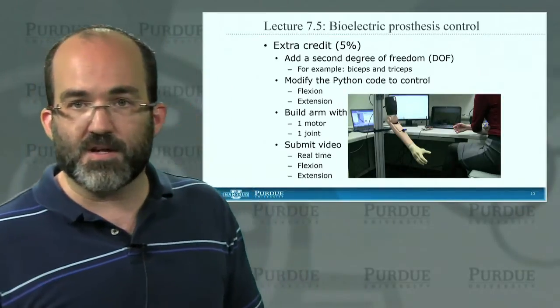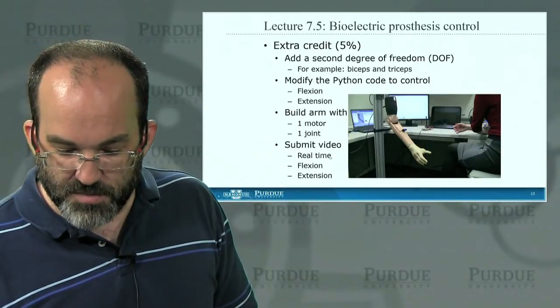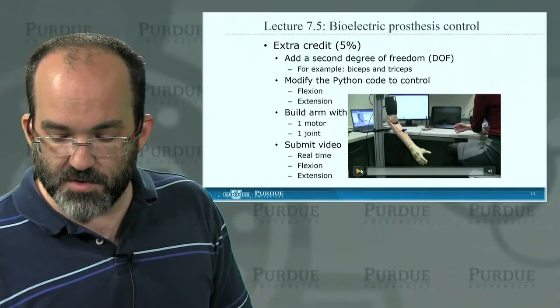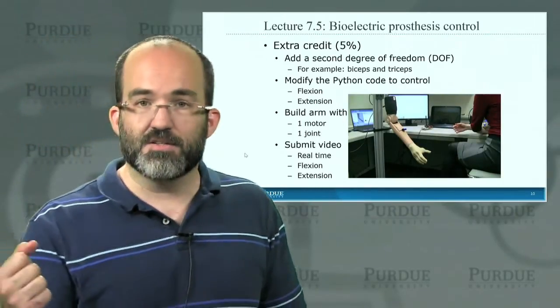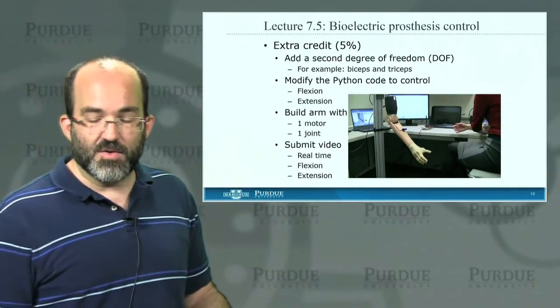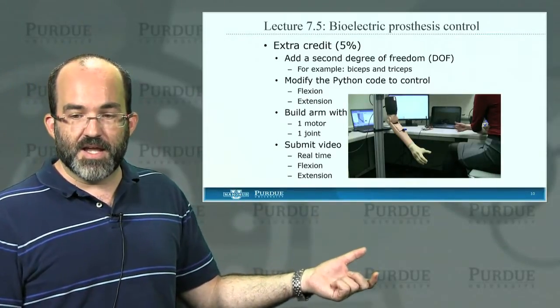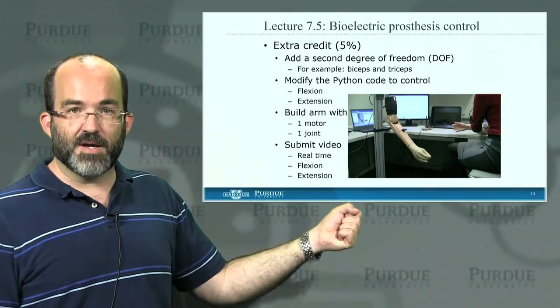So when we talked about targeted muscle reinnervation, I showed you some of the data from our collaboration with the Rehabilitation Institute of Chicago, where we're using myoelectric data to control the prosthetic arm. So here you have a student wired up with an early prototype of our device, and then when she closes her hand, the robotic hand closes.